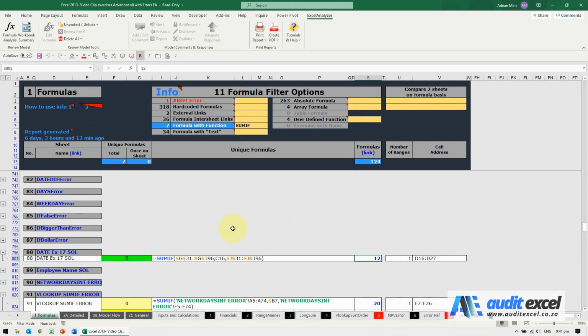With a SUMIF, COUNTIF, AVERAGEIF, it is important as well to consider what is being looked up. So we can see this is the criteria range, that's the sum range, and this is what's going to decide whether we add it or not. So the reason this is a risk with SUMIF in particular is because unlike VLOOKUP, where if it can't find it, it gives an error message, with a SUMIF, if it can't find it, it just brings back 0. So the result is 0.